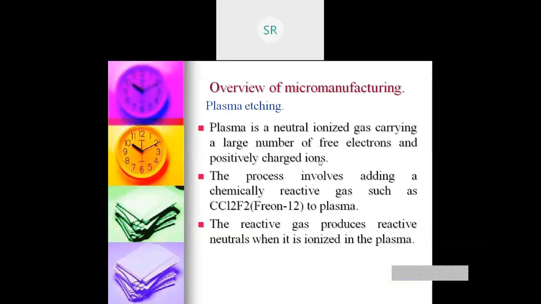Next I need to add a reactive gas. Very important: in the plasma etching we added freon 12, but in the deep reactive ion etch, what I need to add is